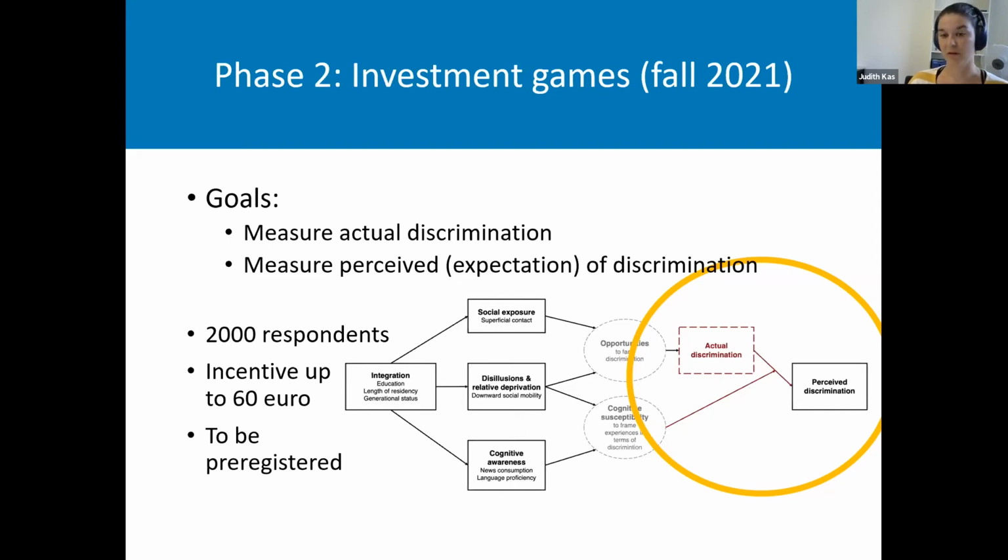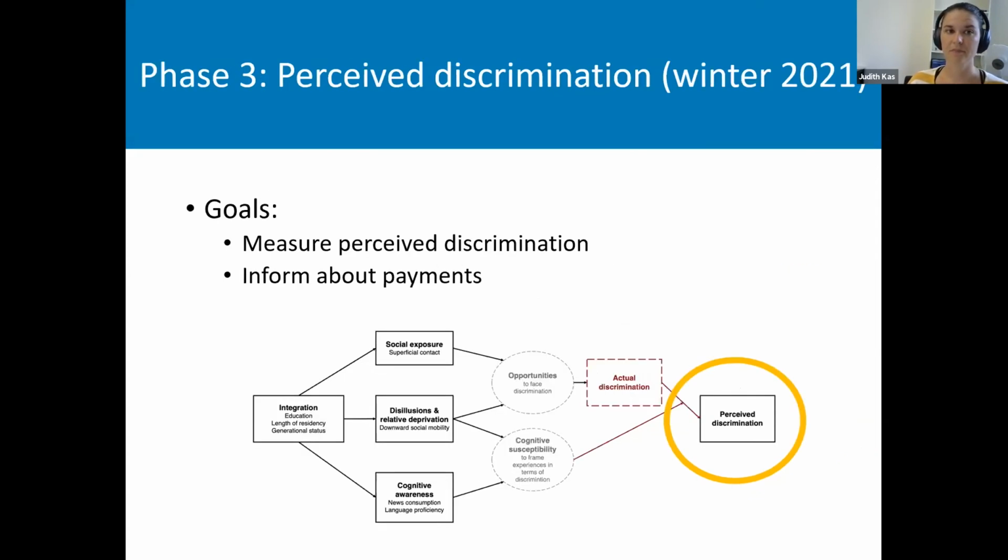Yeah, we plan to do that before the data collection. And then the last phase will be in winter 2021, 2022, next winter. And here is where we will get our last measure of perceived discrimination, and we will also inform the respondents about the payments